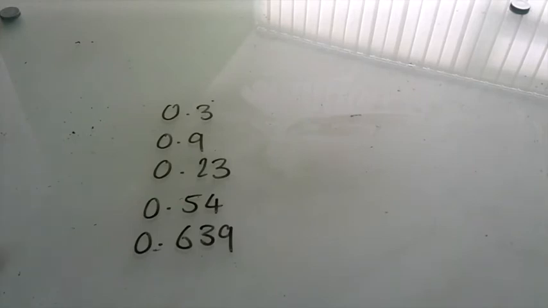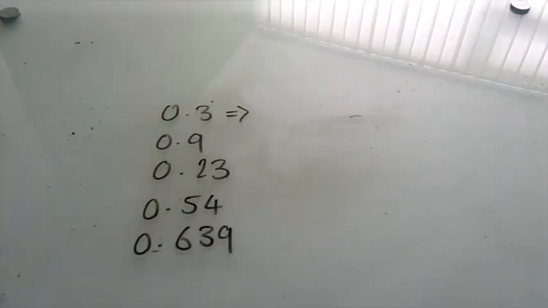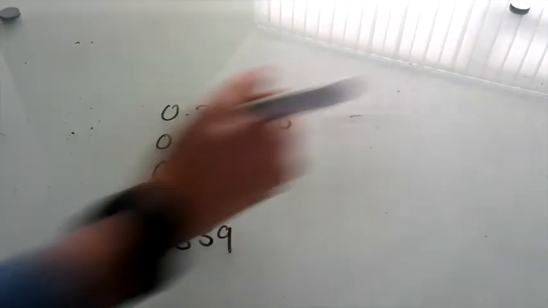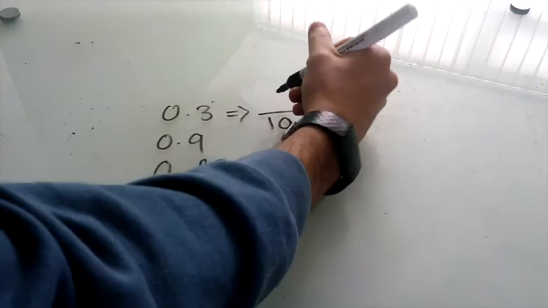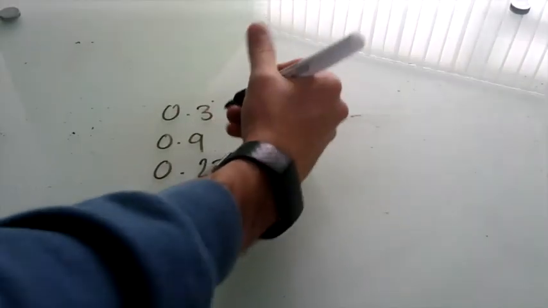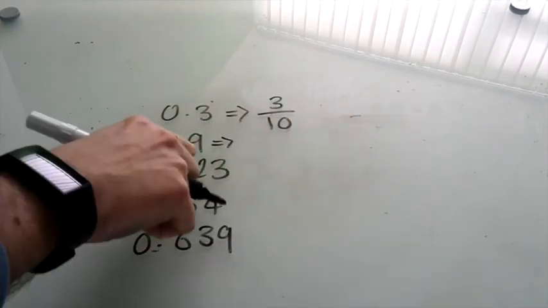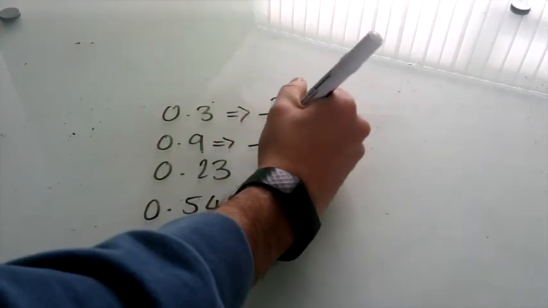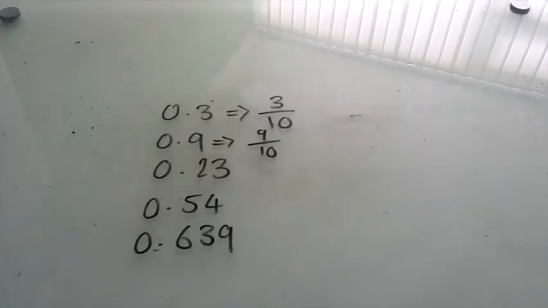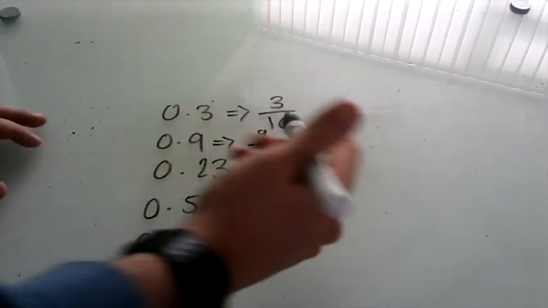Let's have a look at the first one then. We've got 0.3. So we've got a 3 in the tenths column. So we know there's going to be a 10 on the bottom. Then we take our value and put it on top, so it would be 3 tenths. The next one, we've got a 9 in the tenths column, so again we put our 10 at the bottom and put our value on top, so it would be 9 tenths. The next one,